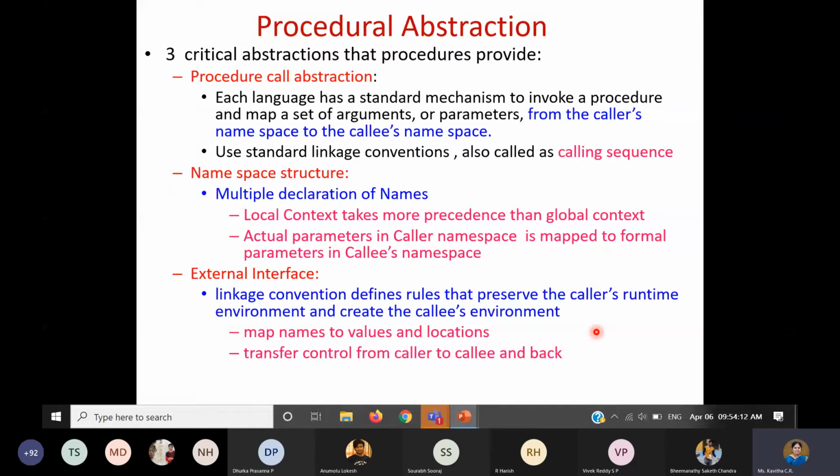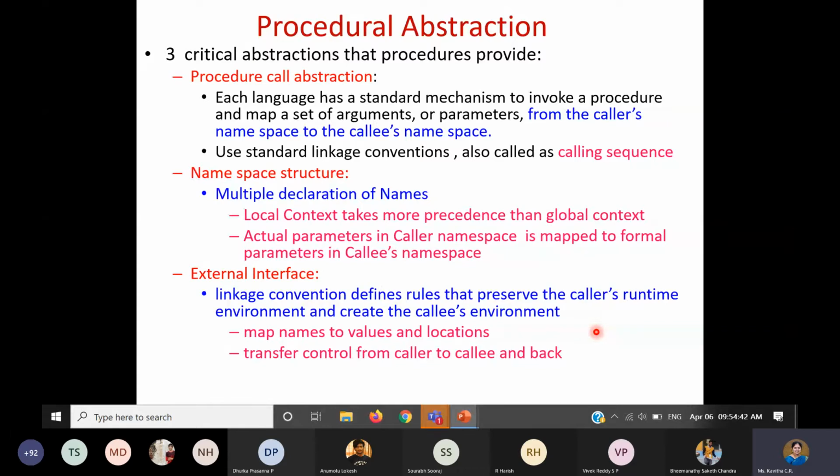If you take any assembly language programming, you may encounter an instruction called interrupt. If you call the interrupt, it will perform its action at that point of time. Similarly, any other libraries you include will have to perform their own action. Like this, there are many subroutines running which are actually external, to be treated as the external interface. So even this is required, and therefore we use the linkage convention to define all the rules